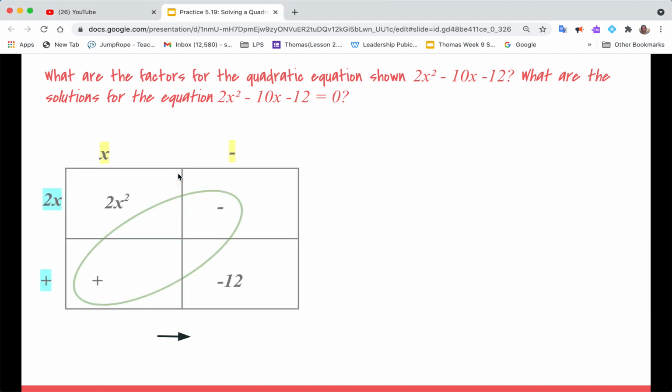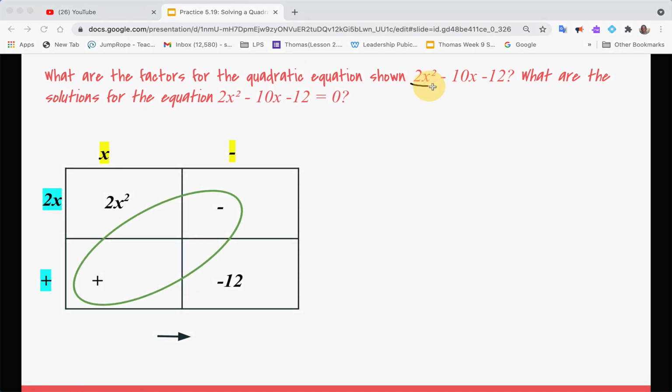So we're going to set up our box. And to get the first term in the equation, that 2x squared is going to go in our first box. We do that by multiplying 2 times x. We know where our negative 12 goes in the box, which is right here. And to get a negative 12, it means that we're multiplying a positive by a negative